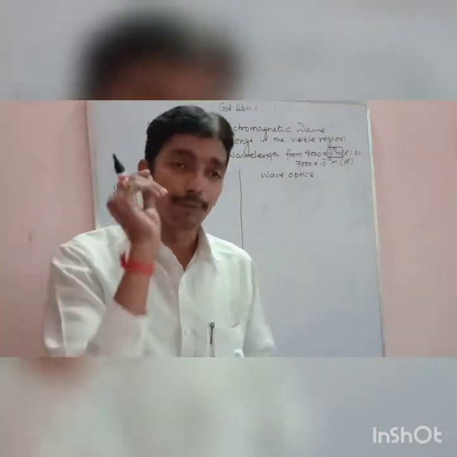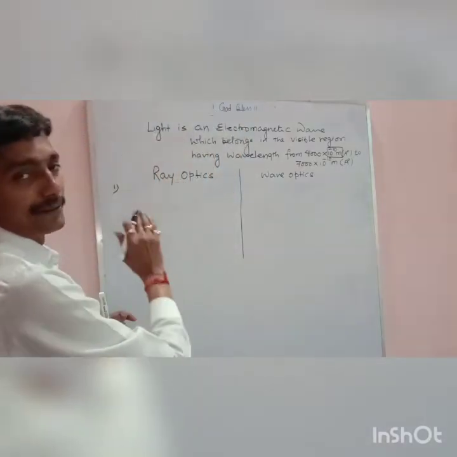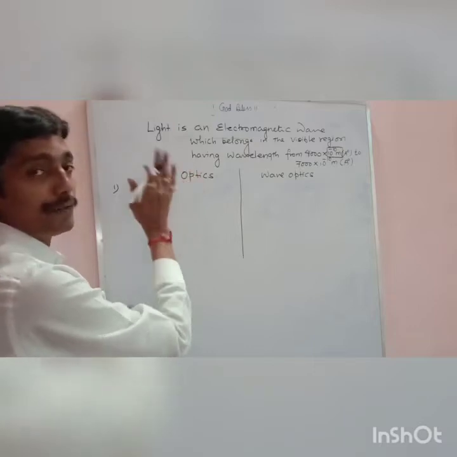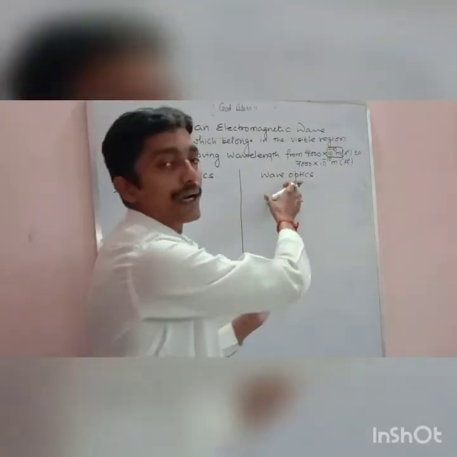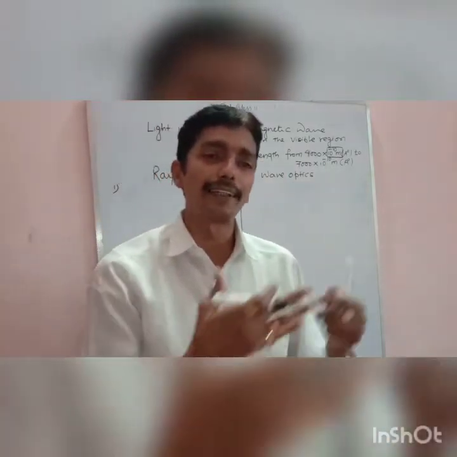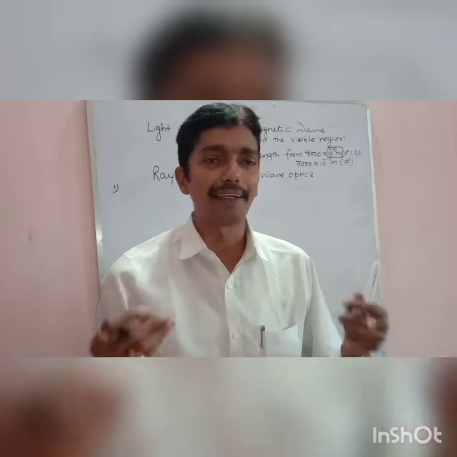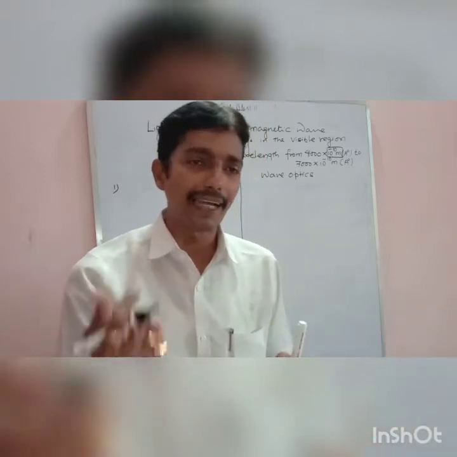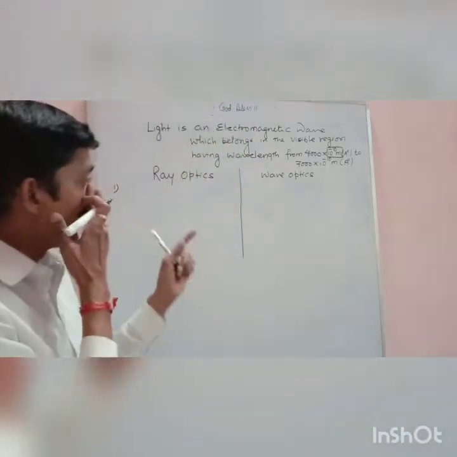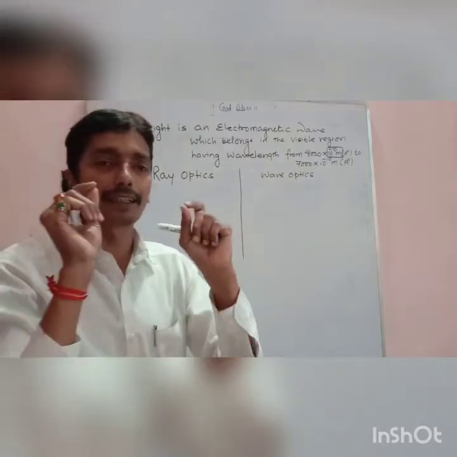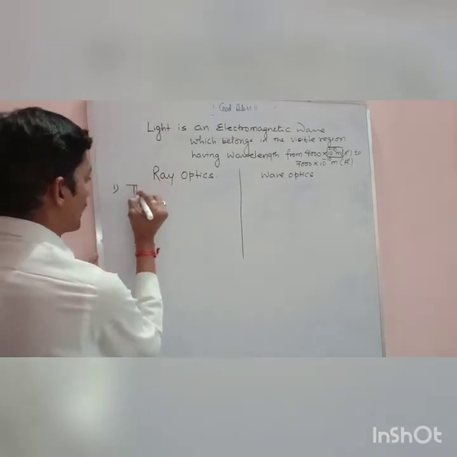But what is a very important distinction is that in the ray optics chapter, in this topic, we are going to take an object. Because here also we require an object. How will we come to know that there is an object unless we are talking about light falling on it? You know from class 7th, 8th standard that we can see the object because of light. Light falls on the object and we can see there is an object. So in both the topics we have a concept of object. Now what is in ray optics? The size of the object